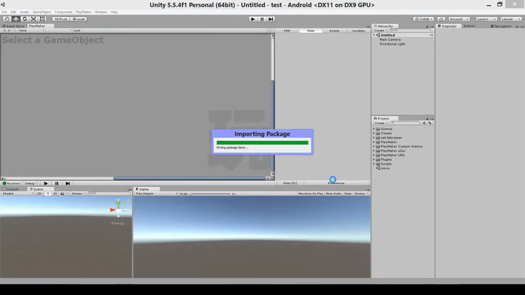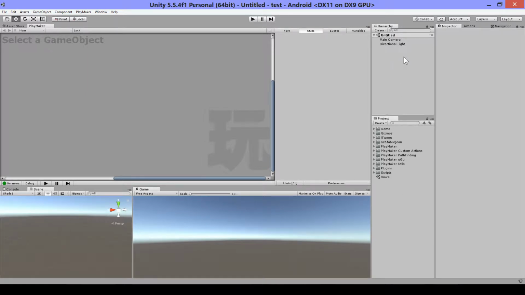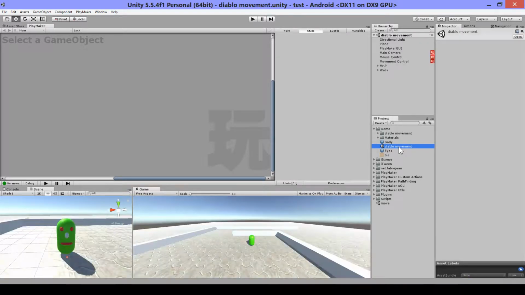and import. And then you have this folder here when it's ready. And this one you can remove later on. And also this folder is the pathfinding, but if you have this already, you can just leave this because you're gonna need this also for the pathfinding. Then double click this to start